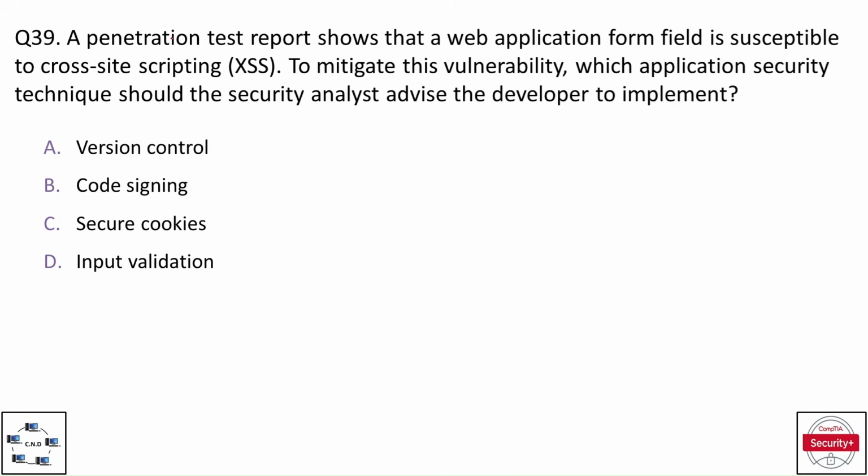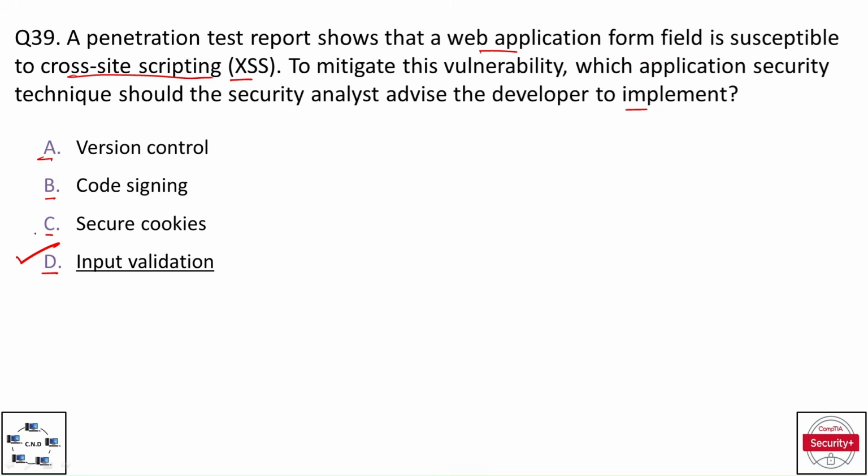Question number 39. A penetration test report shows that a web application form field is susceptible to cross-site scripting. To mitigate this vulnerability, which application security technique should the security analyst advise the developer to implement? And the options are option A, version control, option B, code signing, option C, secure cookies, and option D, input validation. And the correct option is